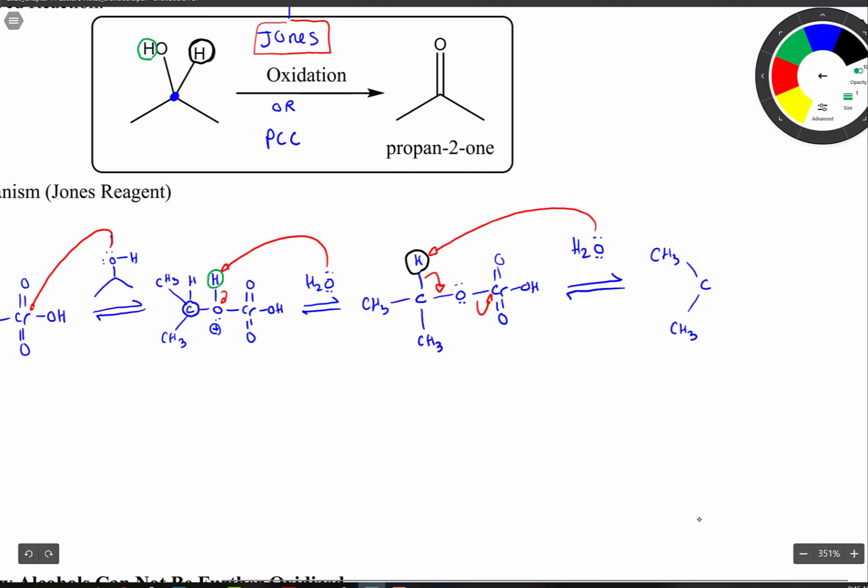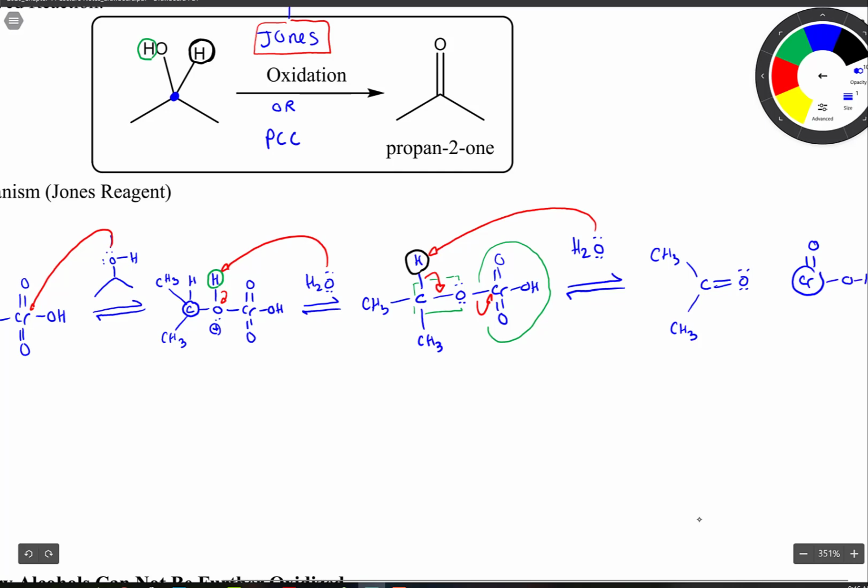This guy right here is now going to have our double bond. So double bond O. And then we have this remaining fellow over here. So plus our chromium here, double bond O,